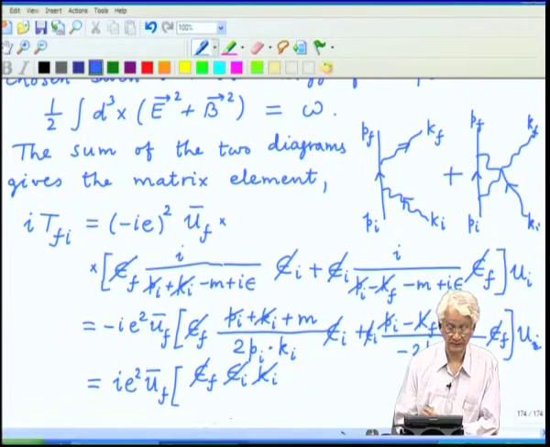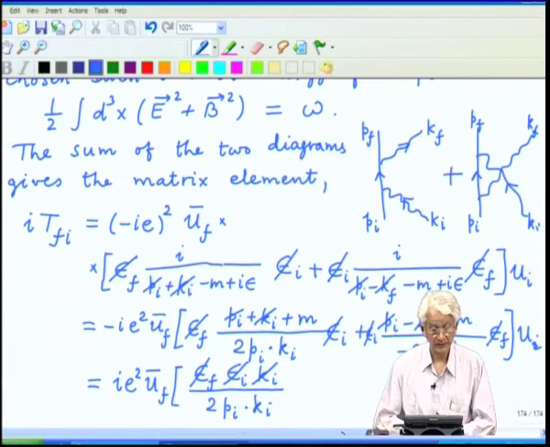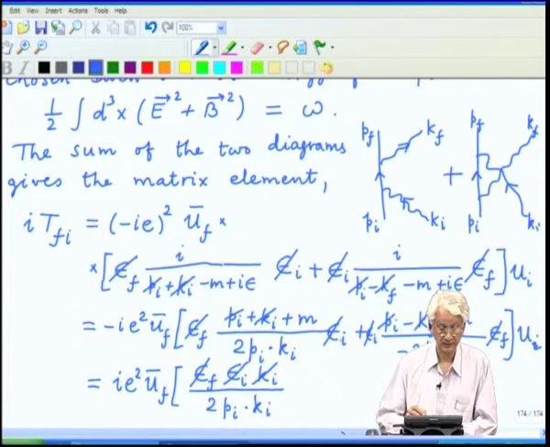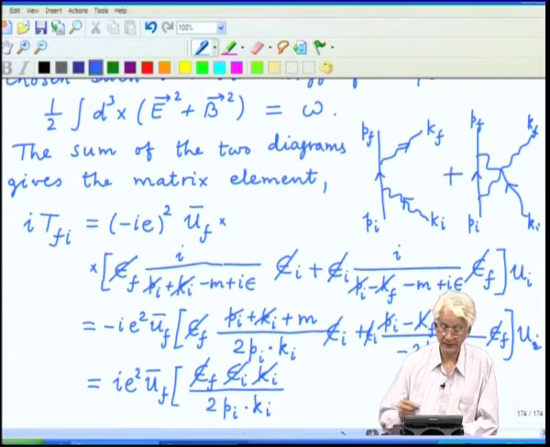From commutation with k_i slash, the denominator is the same thing, 2 p_i dot k_i. What about p_i slash? Well, again you can anti-commute with what is there on the other side, that is fine, and the dot product will now have epsilon dotted with p_i, but here we can use